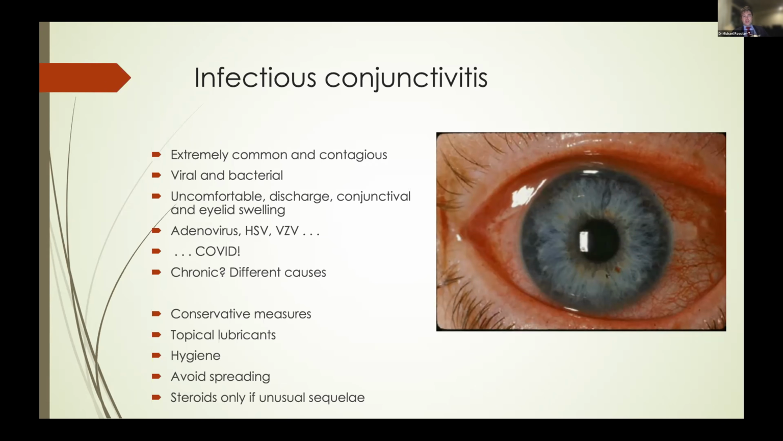Now, this is what applies for acute conjunctivitis. Chronic conjunctivitis is different. And if a patient is experiencing chronic conjunctivitis, that must be a clue that something more serious or more sinister may be going on. In general, infectious conjunctivitis is treated with conservative measures, topical lubricants, lid hygiene, and hand hygiene is very important to avoid spreading it. It's rare that conjunctivitis can be associated with